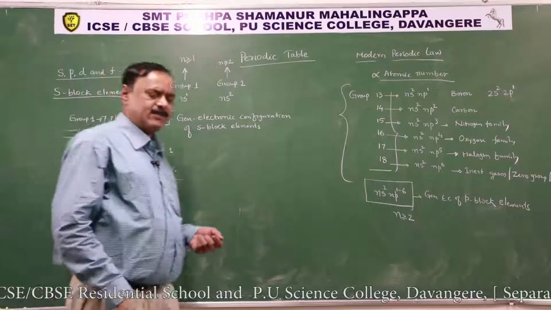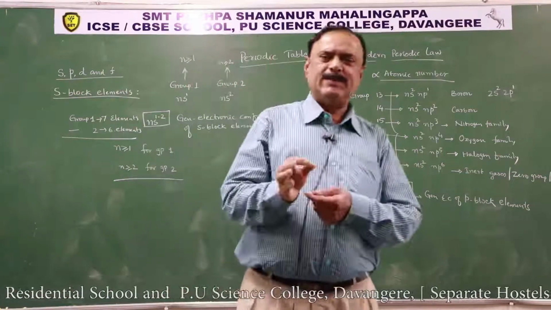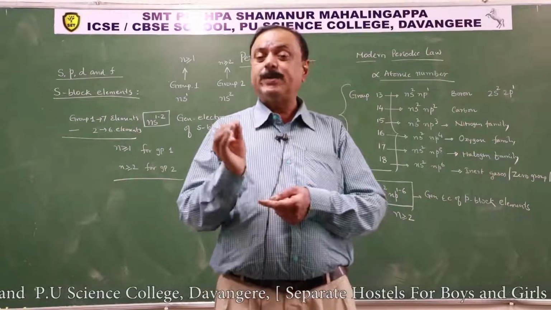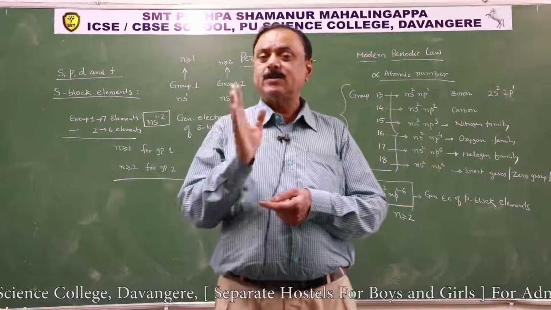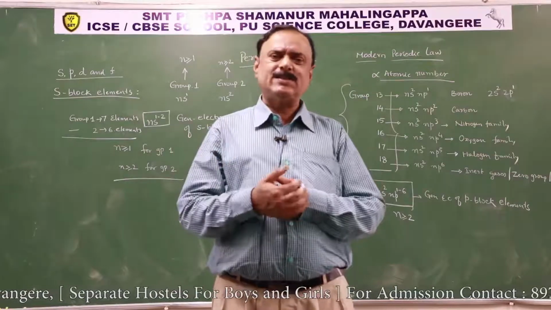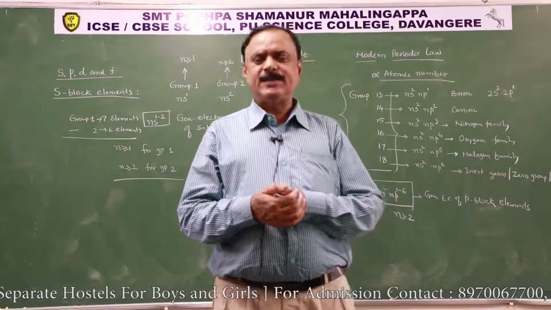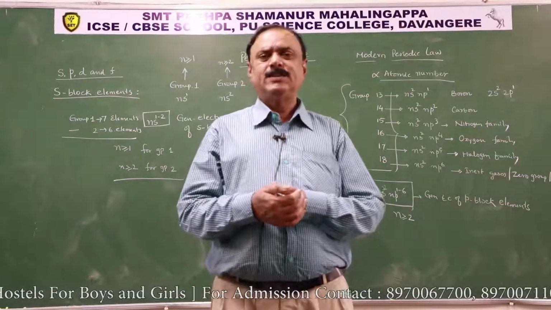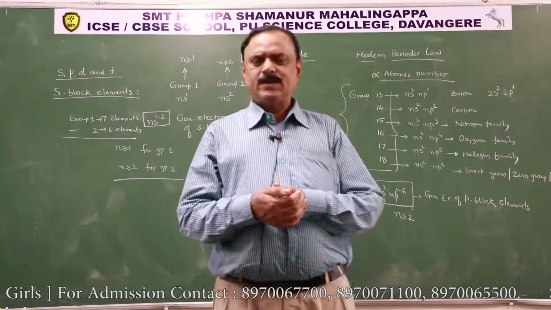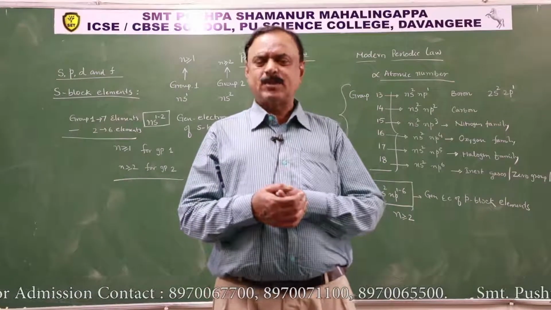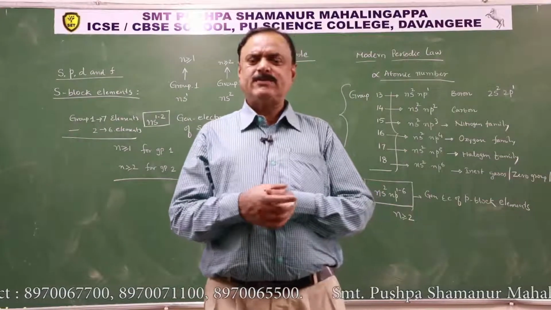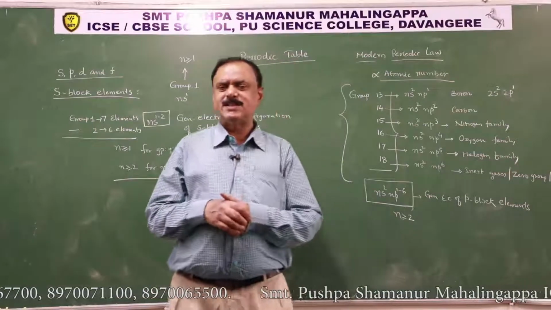Now, what are the S block elements and P block elements? The group of elements for which the valence electrons are added to the outer p atomic orbital of an atom are called P block elements. The S block elements include some metals, alkali metals and alkaline earth metals. Because these metals are found on the surface of the earth's crust in the form of calcium carbonate, magnesium carbonate, dolomite, or barium carbonate. That is why they are found on the surface of the earth's crust, and hence they are considered as alkaline earth